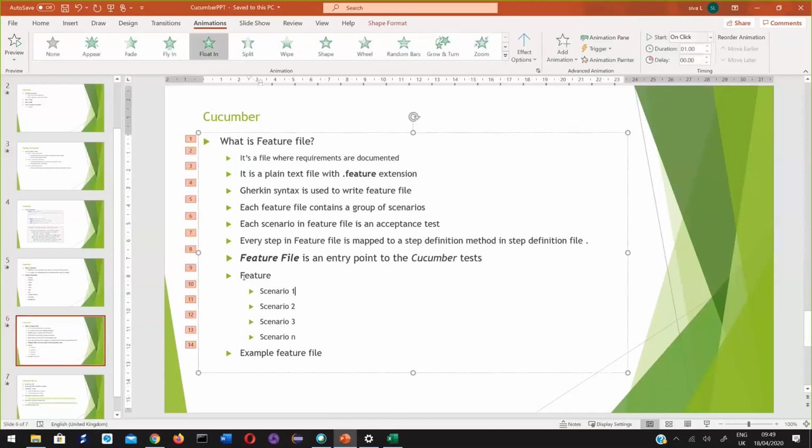Now, this is roughly the structure of a feature file. A feature file represents the requirements, and a scenario can be related to